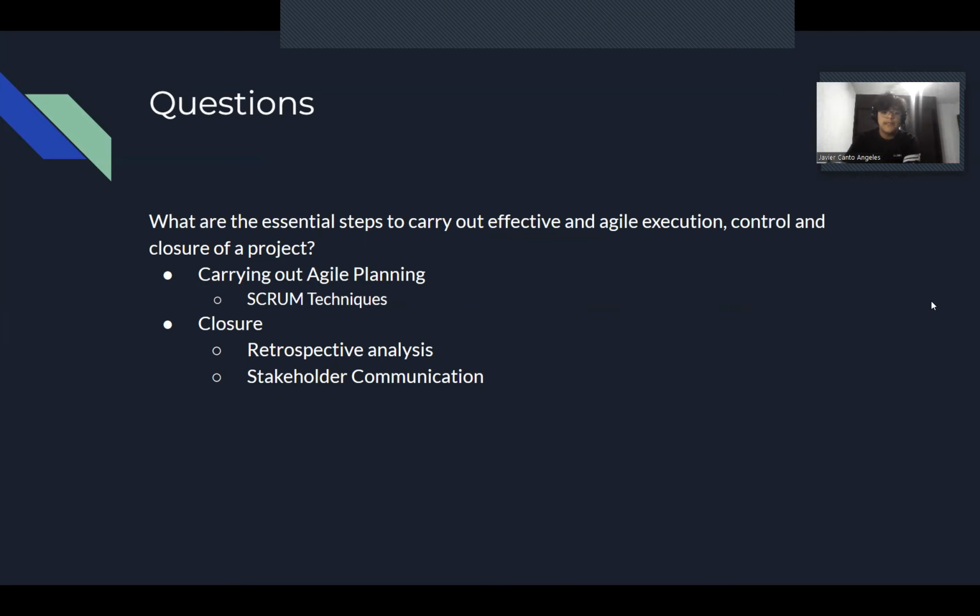The first question is, what are the essential steps to carry out effective agile execution, control and closure of a project? To carry out the first three aspects, you have to carry out agile planning. Agile planning is a technique in which you split projects into phases in order to address them separately and to secure an advance of the project itself. You can also apply Scrum techniques. Scrum techniques mainly go about adapting and developing a project without going too deep. You have to leave spaces in case of time deviation for any kind of problems that might arise